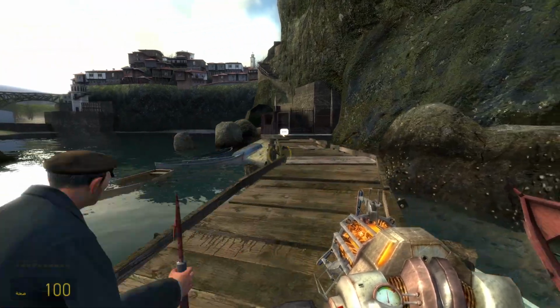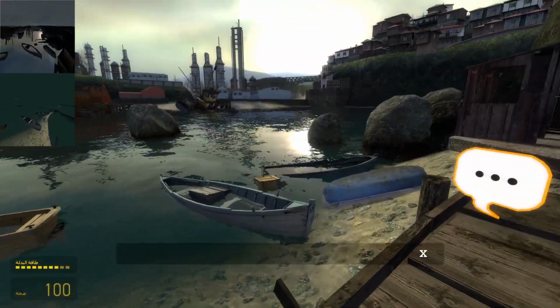Water presents us with a lot of rendering